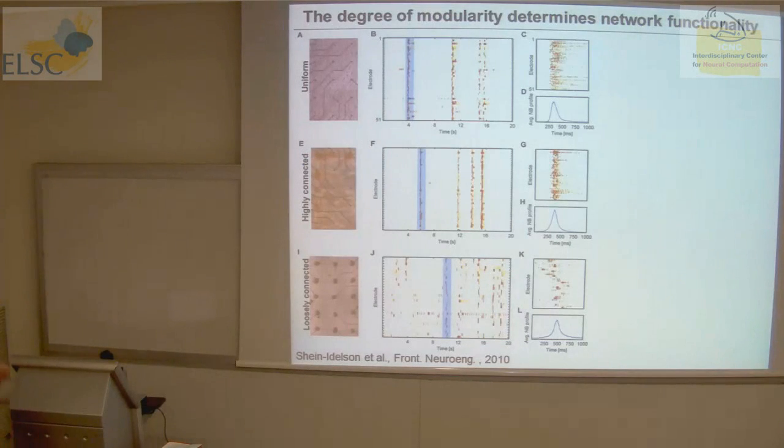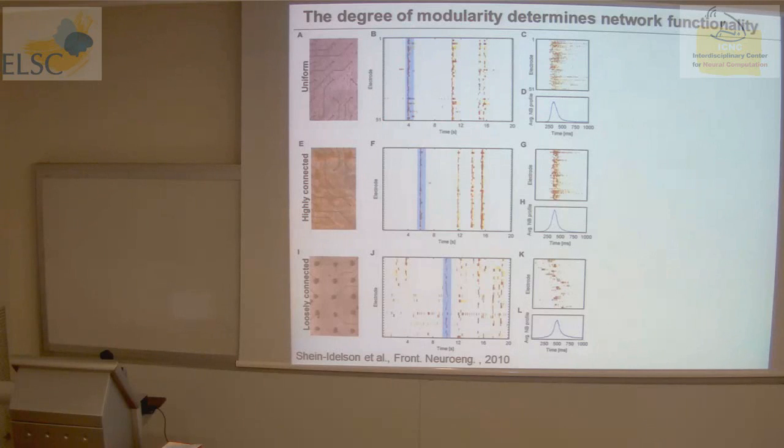Okay, so coming back to the question about the width of the connections between the clusters. Indeed, there are interesting features that emerge when you change the topology and you introduce this modular structure. However, you can ask, how wide should the connection be? Or what is the ratio between the connectivity within the cluster and the connectivity between the clusters that gives rise to those features? So what we did, we looked at this uniform network,